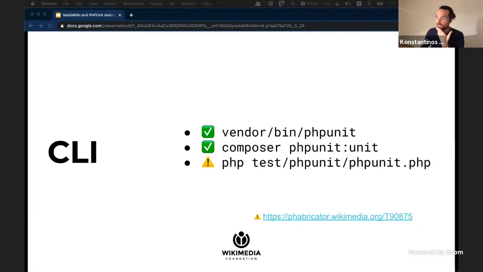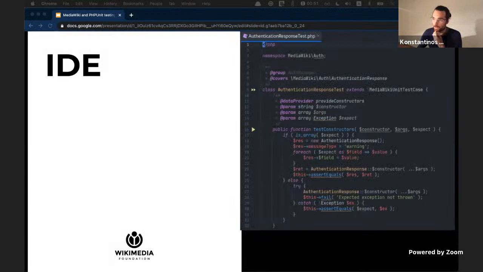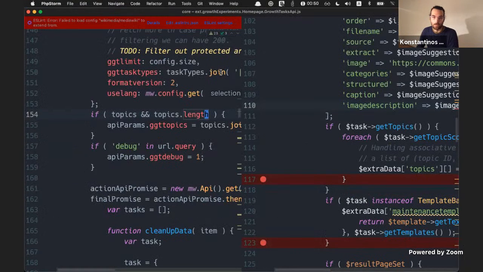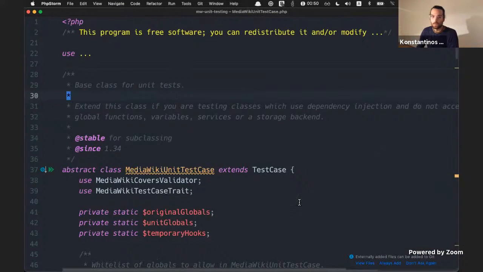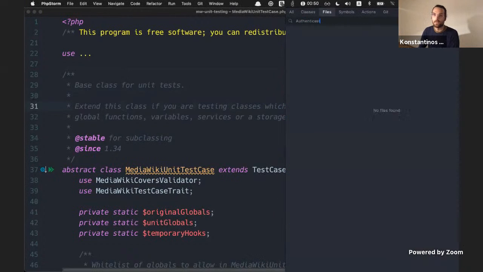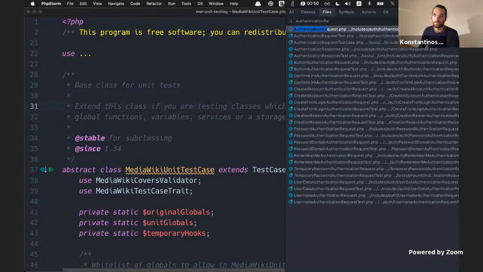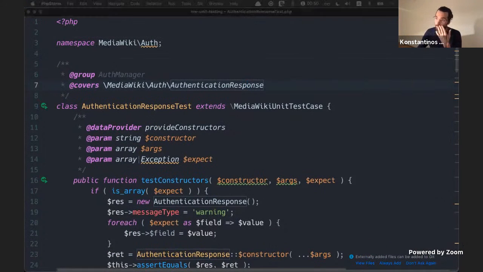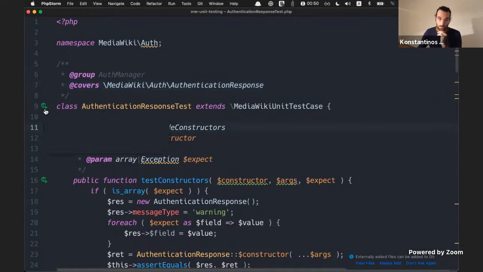Okay, I had more notes on the command line interface, but I think it's more useful to look at the IDE. Again, I have to move kind of quickly due to time, but if we look at, what was the example I wanted to use? This one. Authentication response test. So if you're looking at a class in PHP Storm, you'll see this like play button next to